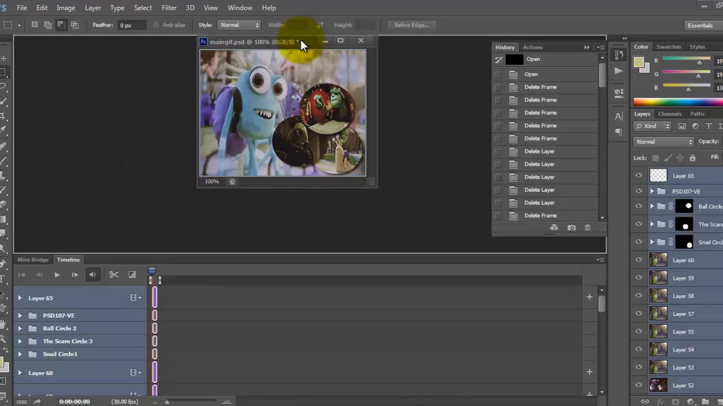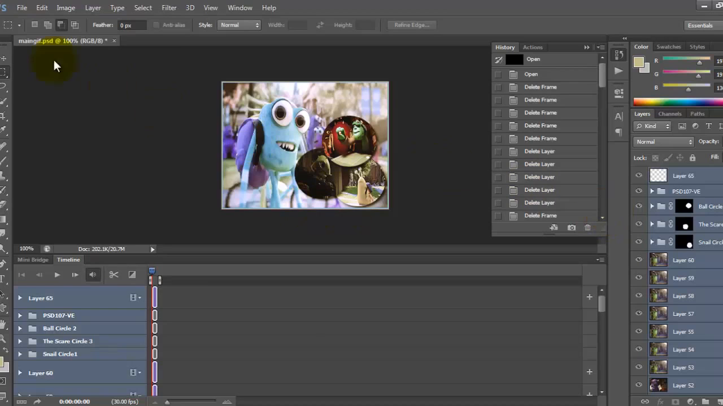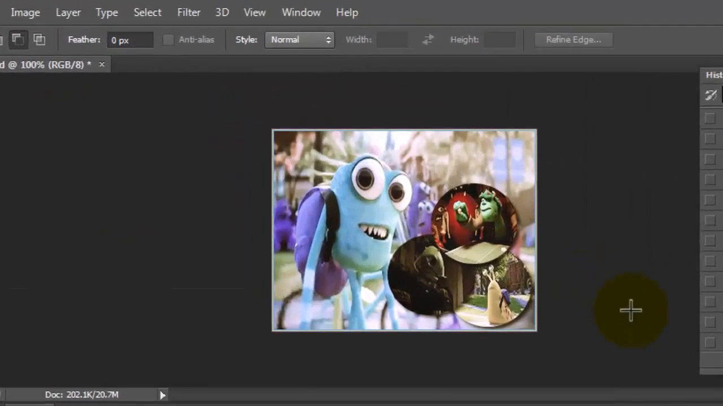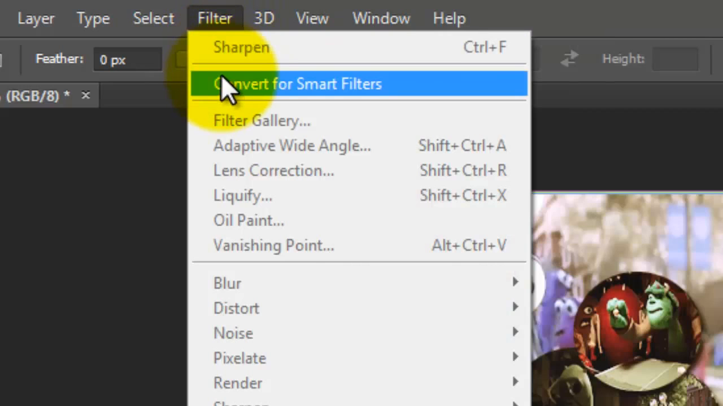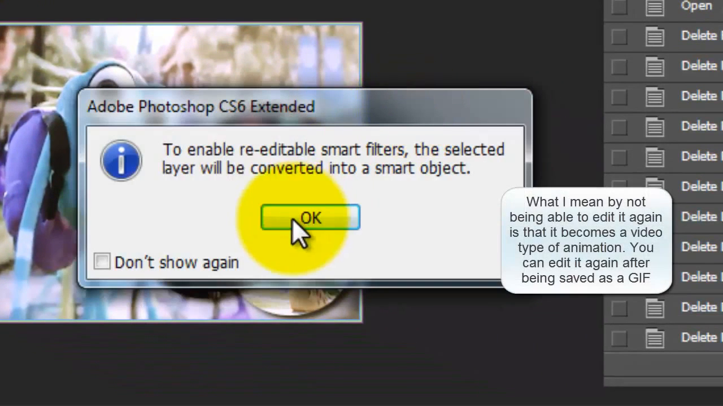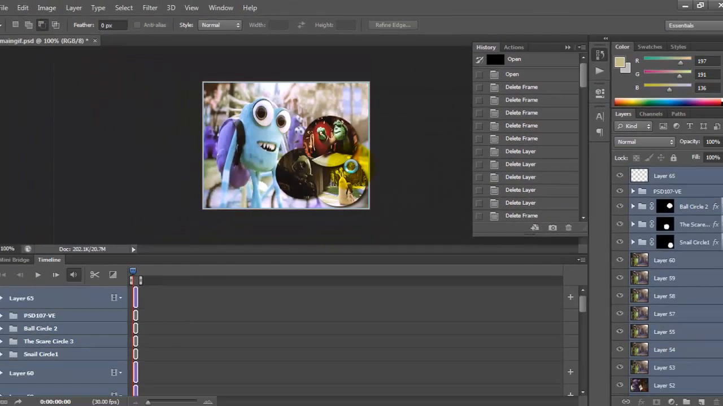And then what I do is make sure you save your work, and then go to filter, convert to smart filters, and it asks you, are you sure, because you can't edit it again once you do that. That's what I'm saying, just save it just in case you want to do changes, and then do this because you can't undo, like, let's say the drop shadow and stuff like that in your GIF. Then you click OK,